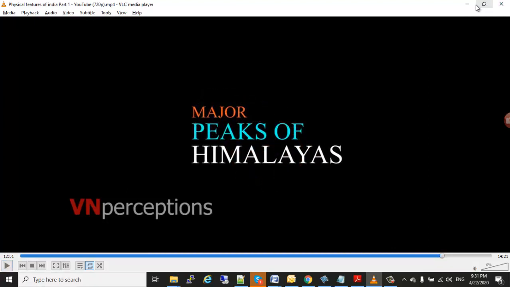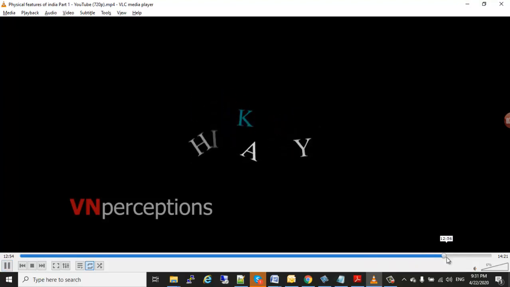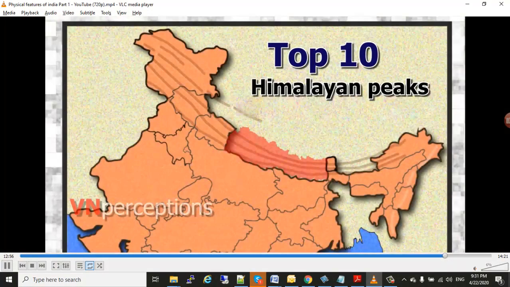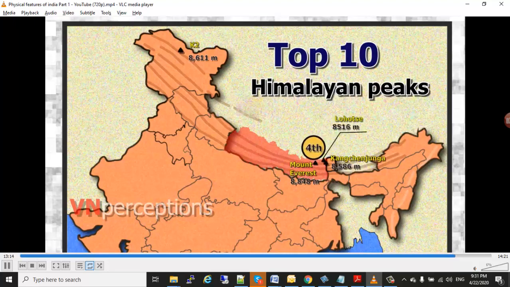And now we will see the major peaks of the Himalayas. First, Mount Everest. You can see it is located in Nepal. Second, K2. Mount K2 is the second highest peak of the world. And third is Kanchenjunga. It is located in Sikkim. You can see it on the 100 rupee note also. And fourth one,